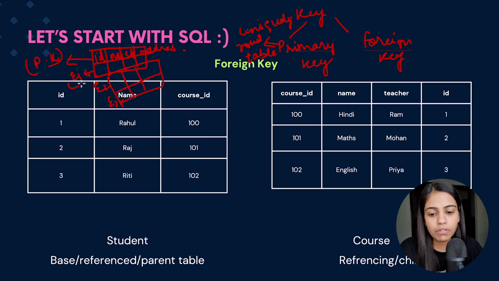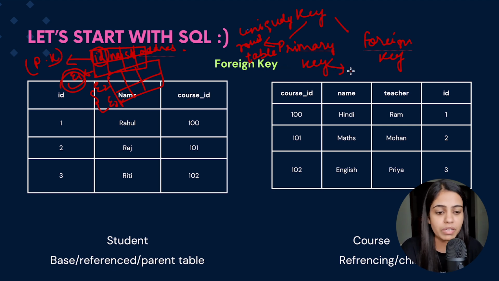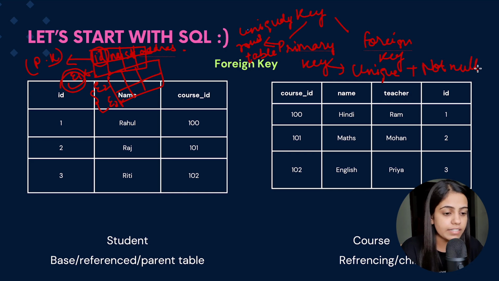Now if I want to identify employee 1 from the rest of the employees, would this ID be helpful to me? The answer is yes. The ID would be helpful for me to identify employee 1 among all the employees which are present, because primary key says that if we are declaring any key as primary key, it is always unique as well as not null. So what does this mean?